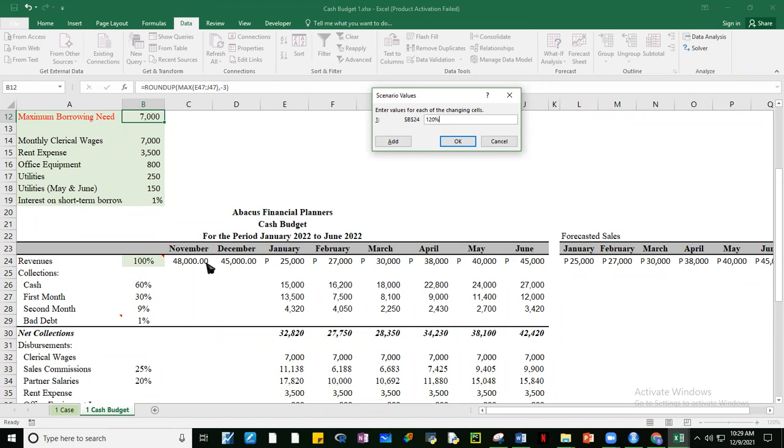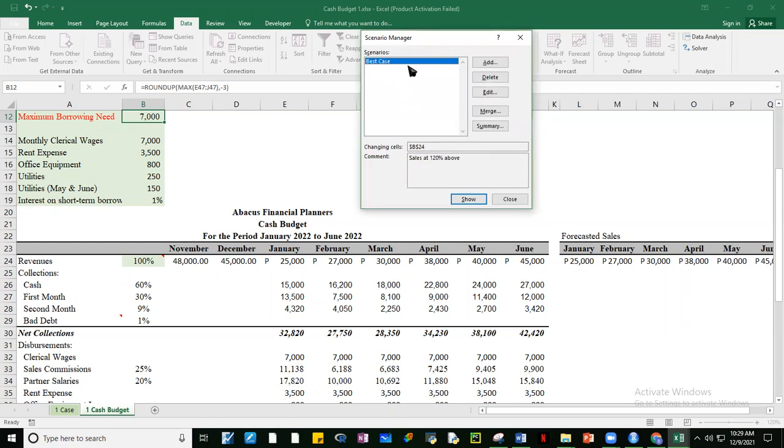Kasi itong mga formulas natin na to, nakalink siya dito sa B24. Okay? So, okay. So, meron tayong best case scenario, no? All right. So, and then, pag i-show natin to, guys, show, tingnan nyo, nangyari. Nagpalit siya, di ba? Naging 120%.